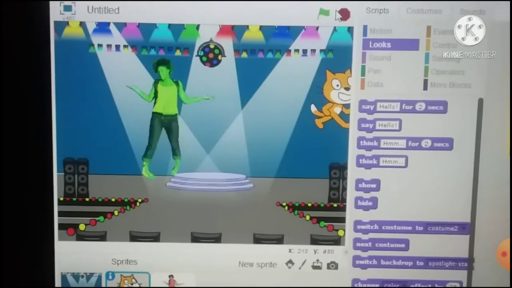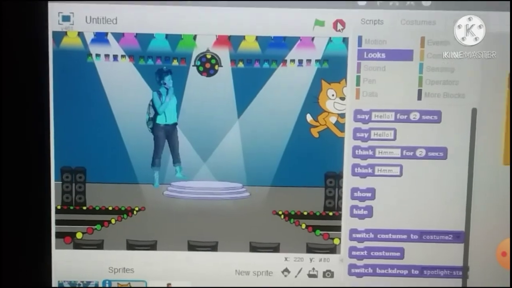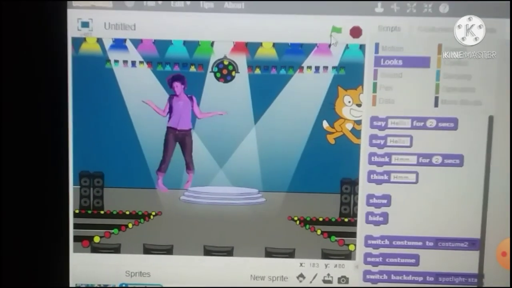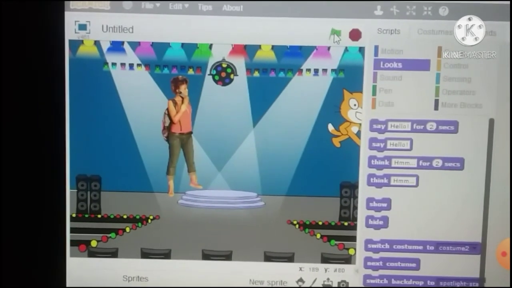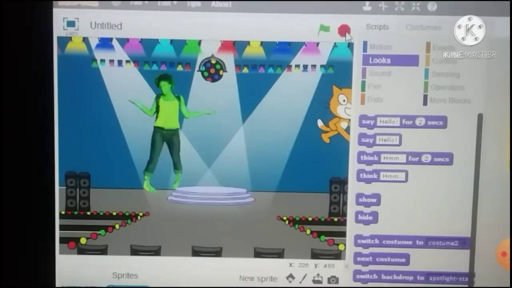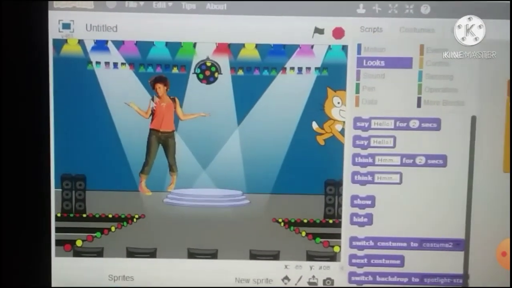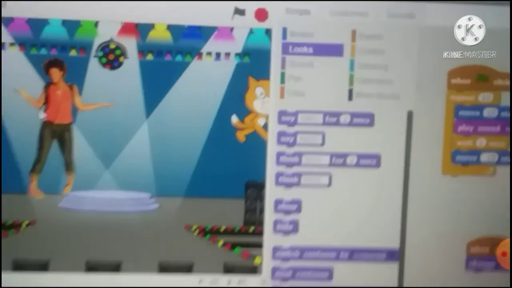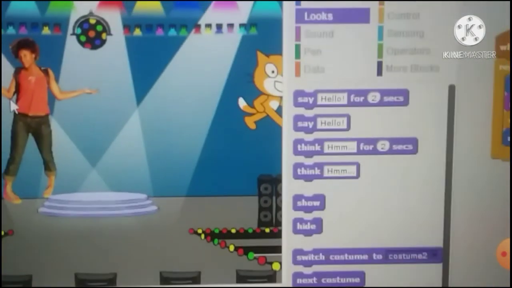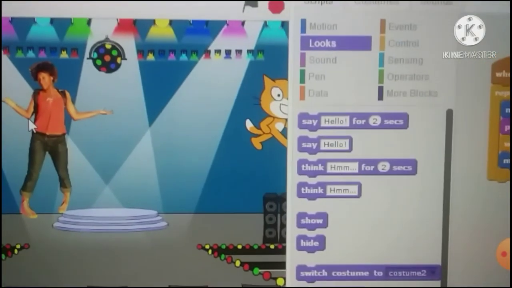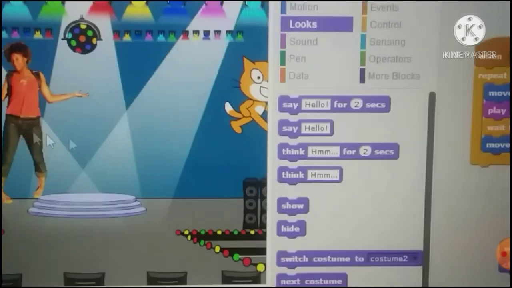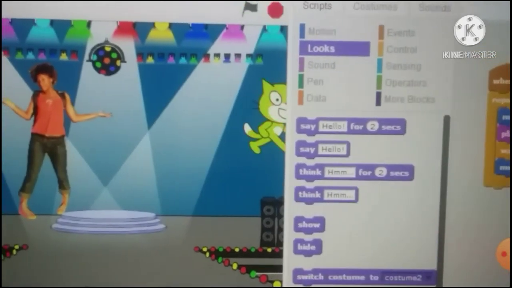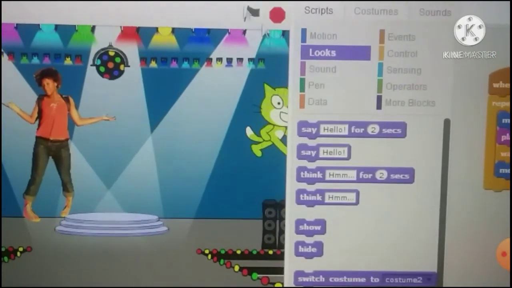Now see, whenever I click on both, both start continuously moving. That is the difference. But you may get a doubt, ma'am, she is also moving, right? Because she is moving, I gave there forever. So once I click on there, she is continuously moving. And if I click on the space key, the cat color is changing.